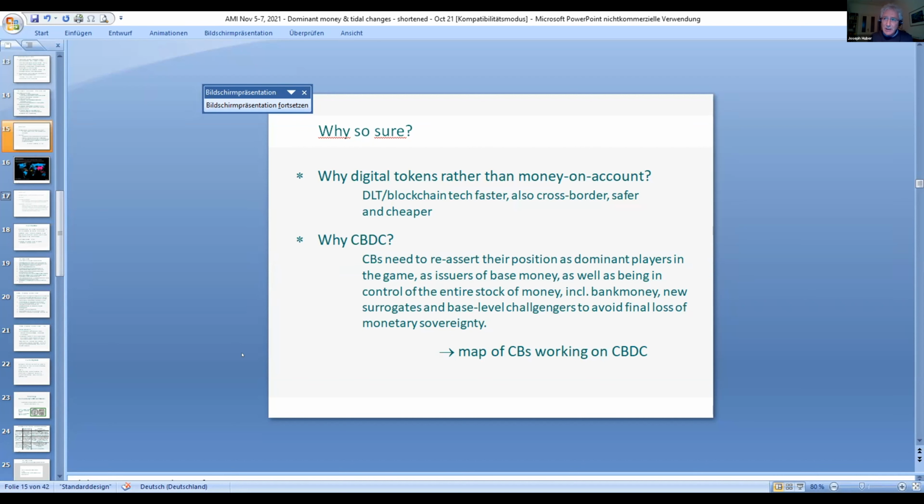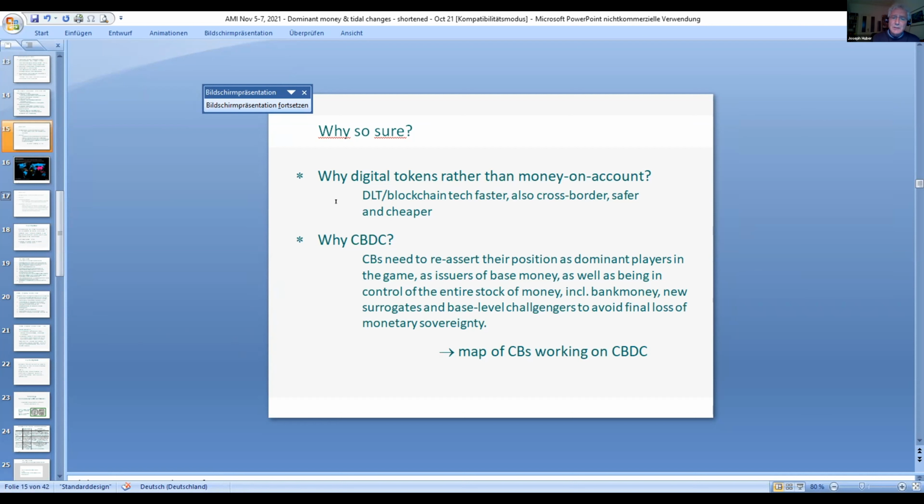It has more additional features when compared with bank money. And in particular applications, it can clearly be said that that type of money is faster. So the payments are faster and also usable in cross-border payments very fast. And in particular applications also safer, less risky than conventional transactions, and accordingly they are cheaper. And those are striking arguments enough that over time digital tokens will be the next big thing.